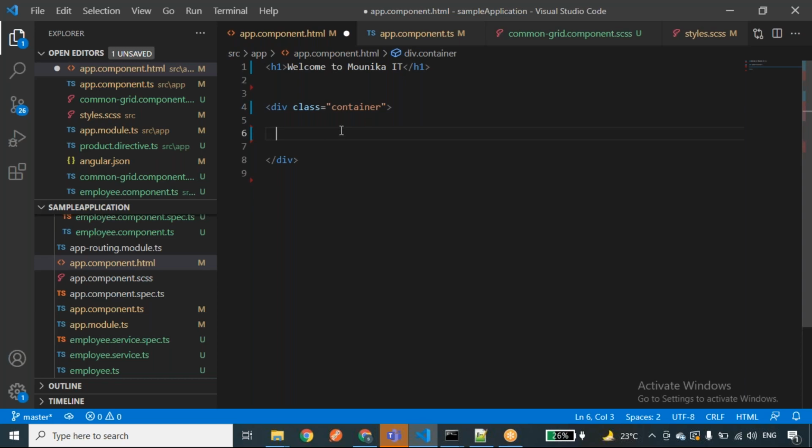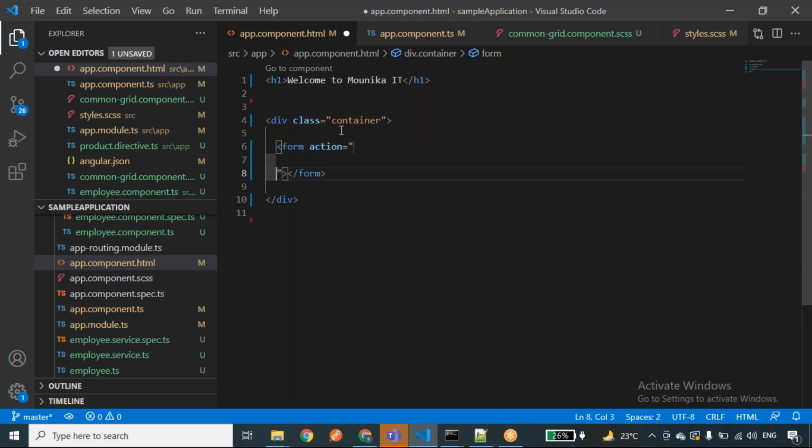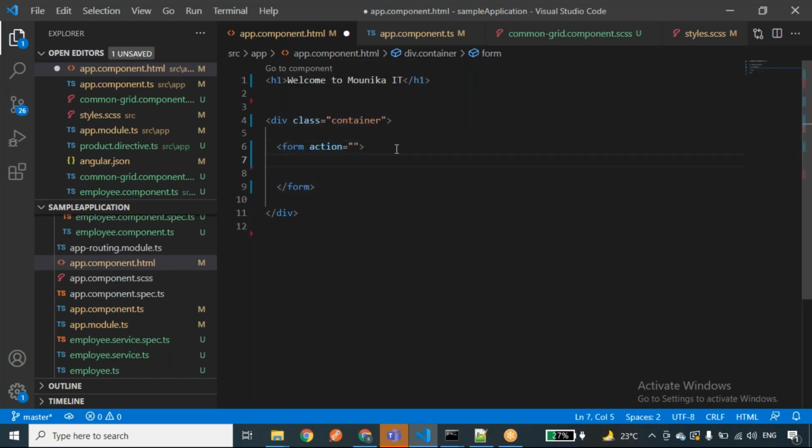First, I'll take the form element, guys. Basically, if you want to create forms, we'll be using the form element. It is the same as in AngularJS or HTML. This is the basic form tag. We have opened it, and I have closed the form tag. Now the first input field will be the full name. For example, I'll take one more div with the class called form group.